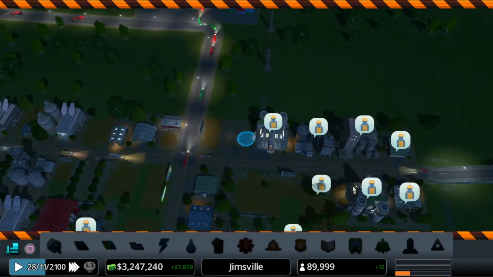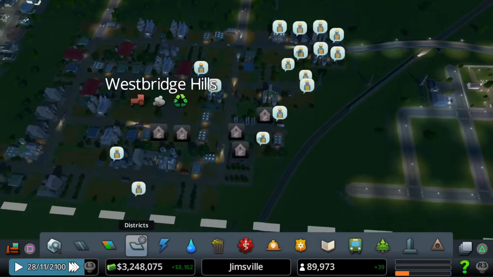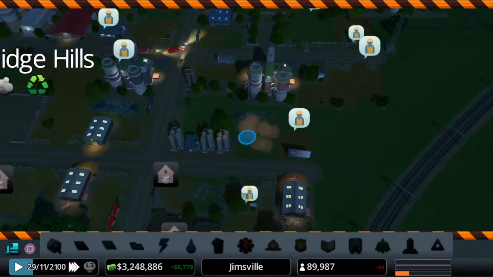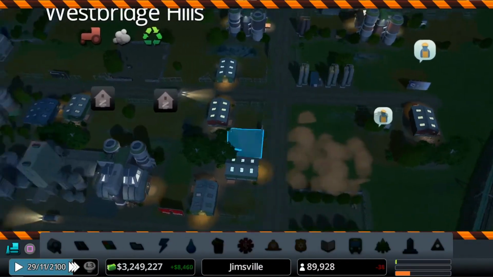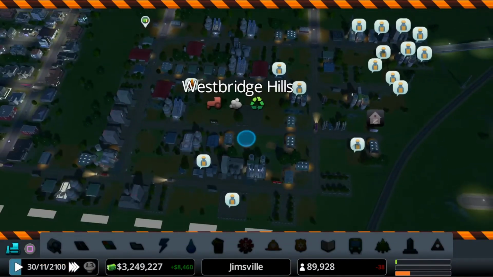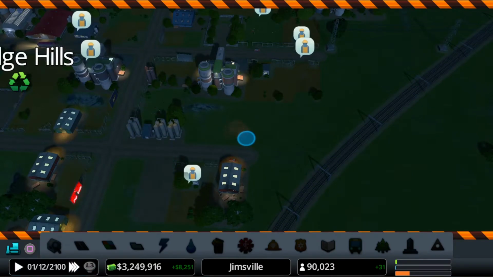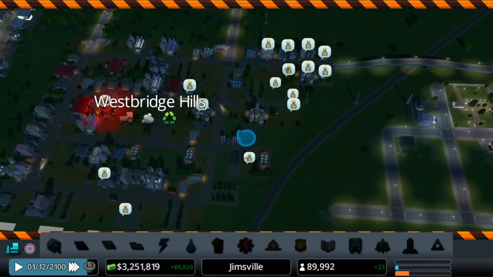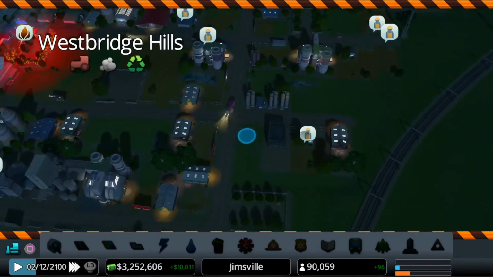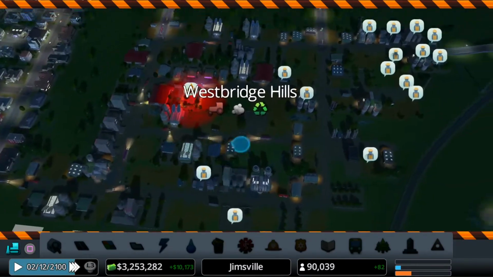Let's also take that block out there and get rid of these failed businesses to kind of promote a bit of regeneration in the area, and that'll hopefully ease off that sudden little demand that we've got for industry. It should start to go down as more businesses start to pop up in these spaces that we've created over here.